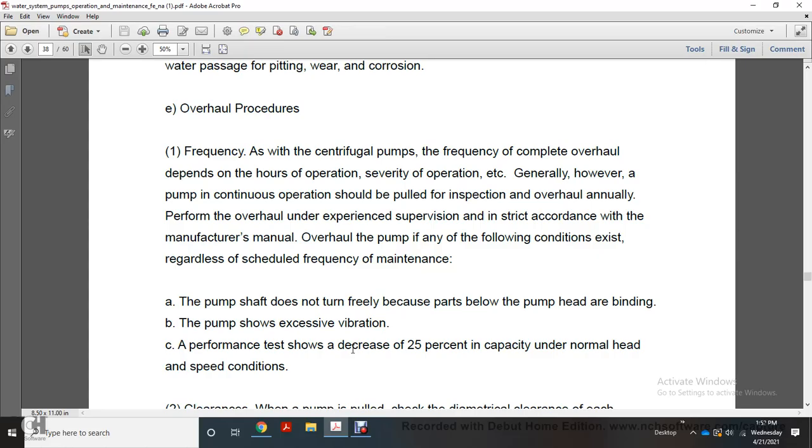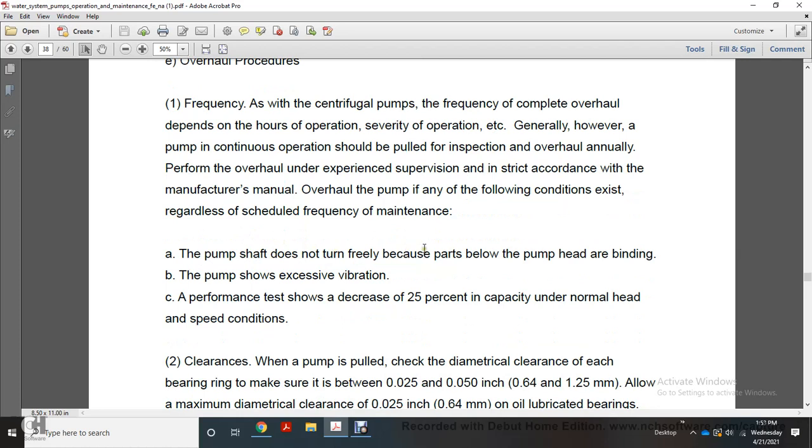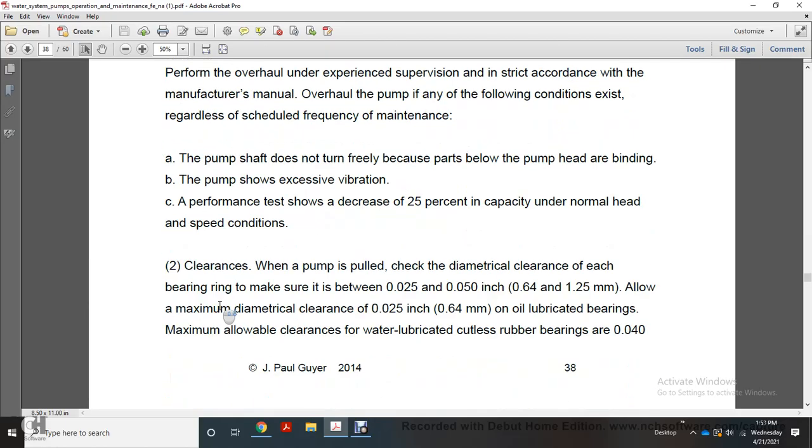Overhaul the pump if any of the following conditions exists, regardless of the scheduled frequency of maintenance. The pump shaft does not turn freely because parts below the pump are binding. The pump shaft has excessive vibration. A performance test shows a decrease of 25% of the capacity under normal head and speed conditions. Clearance: when the water pump is pulled, check the diametrical clearance of each of the bearing rings